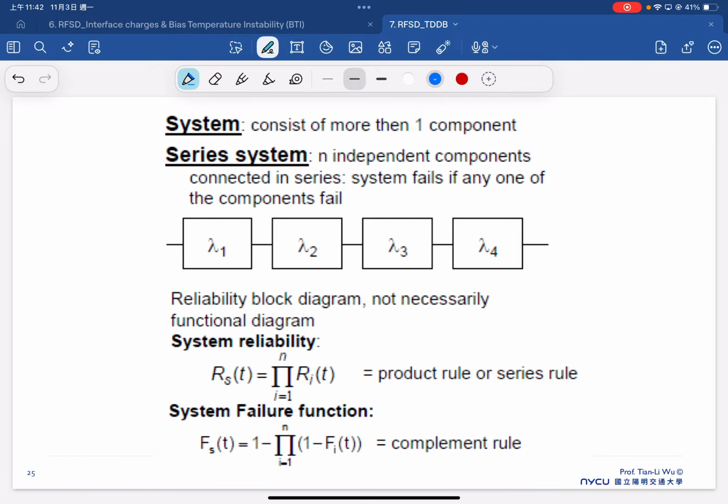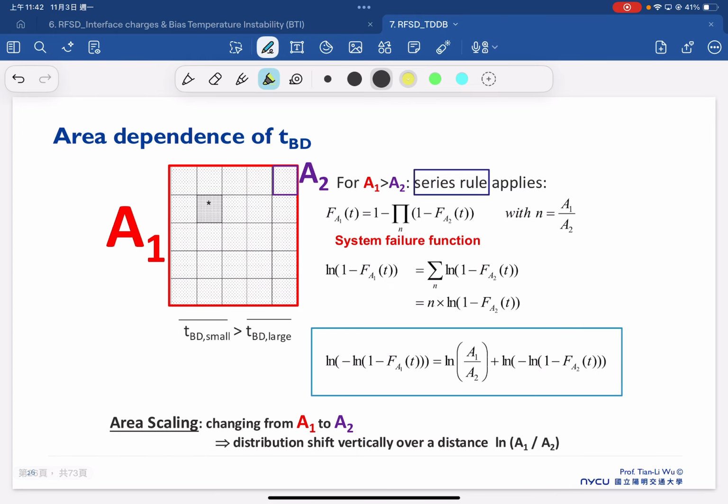And also when we talk about the TDDB, we also have to use the knowledge of series system reliability. That's what we have mentioned. A series system is a system that fails if any of these components fail. The reason why we have to consider the system failing when any one of the components fails is because of the areas. In reality, we do not only test a small area of a TDDB, we test a big area of our TDDB here. So therefore,